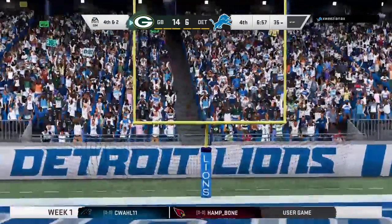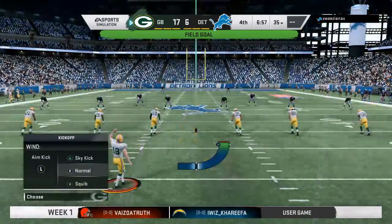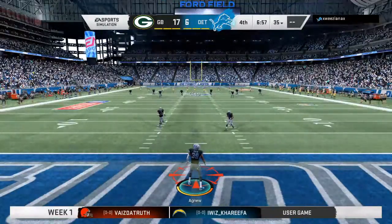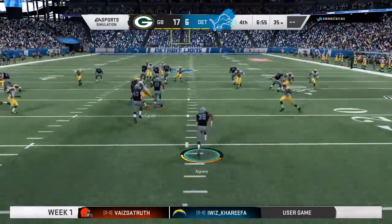And his kick here is good. And that will extend their lead here to 17-6. A big one there. That gives them a little cushion and makes it a 2-score game. Yeah, let a little time off the clock, put some points on the board. It's not totally out of reach yet, but it has to feel pretty good to them right now